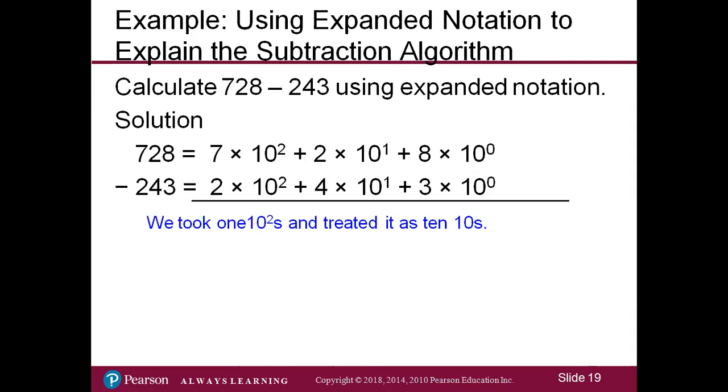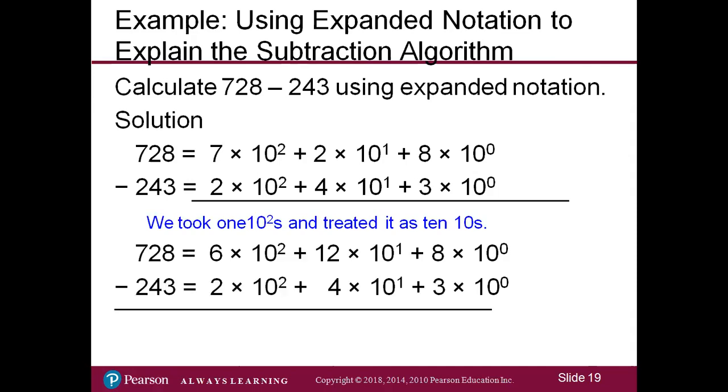So we're going to borrow one of the groups of 10 squared, and we'll turn that into 10 times 10, or 10 groups of 10s, so that we now have 6 groups of 10 squared plus 12 groups of 10s plus 8 units. Take away 2 groups of 10 squared, 4 groups of 10s, and 3 units. Now we can